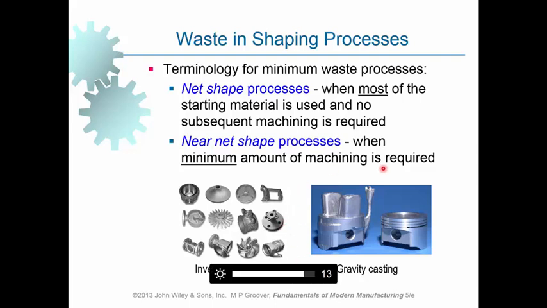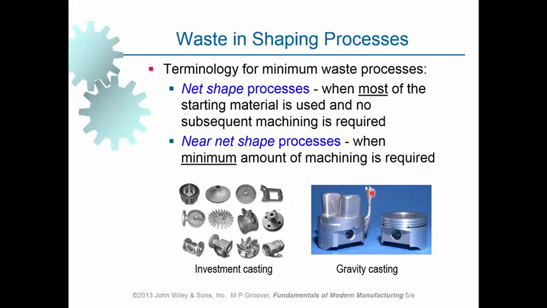There is another process similar to casting when we can limit the amount of machining to a minimum. For example, for this part, as we can see here, we can make the model in a way that we produce something that is close to the final shape, but it requires minimum machining, that is to take a surface off from here in order to bring it to the desired size and accuracy and surface finish and remove the top part. These are the risers, and this is the